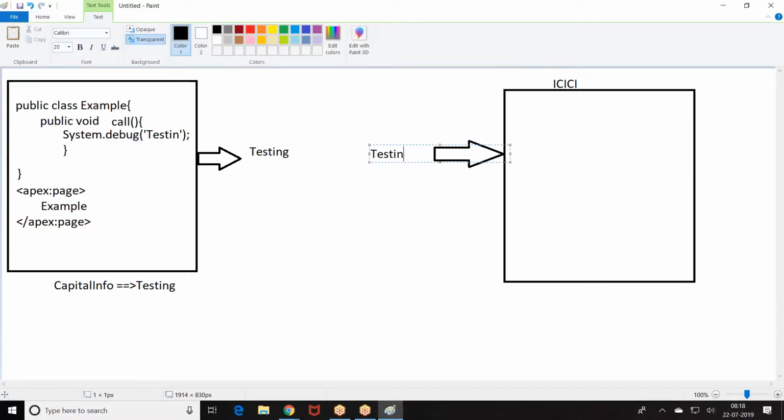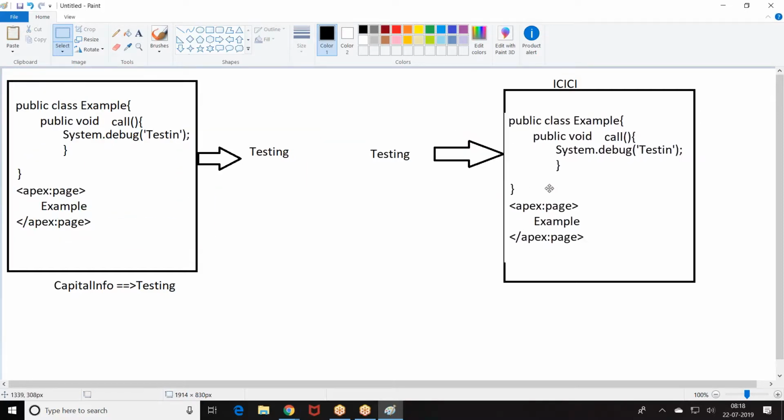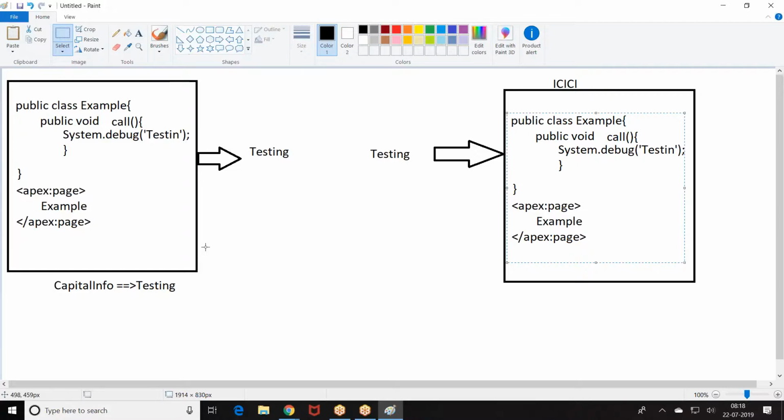When they install, whatever code is there in my organization, all the classes and pages will come to them. Now they are also able to see the code.